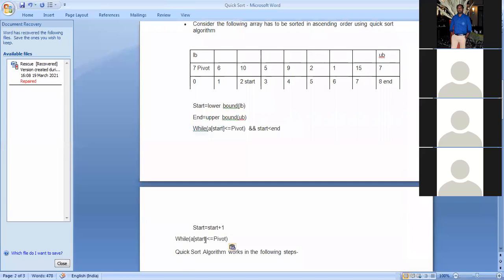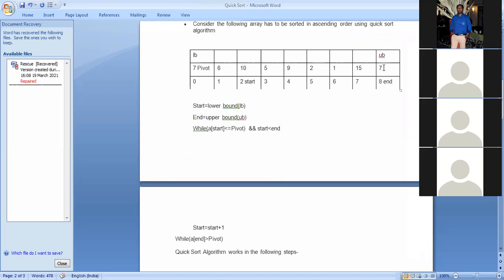Now we'll again check while A[end] is greater than pivot. So here we stop. That means now the start value is 2. Okay. So now we'll check while A[end] is greater than pivot.